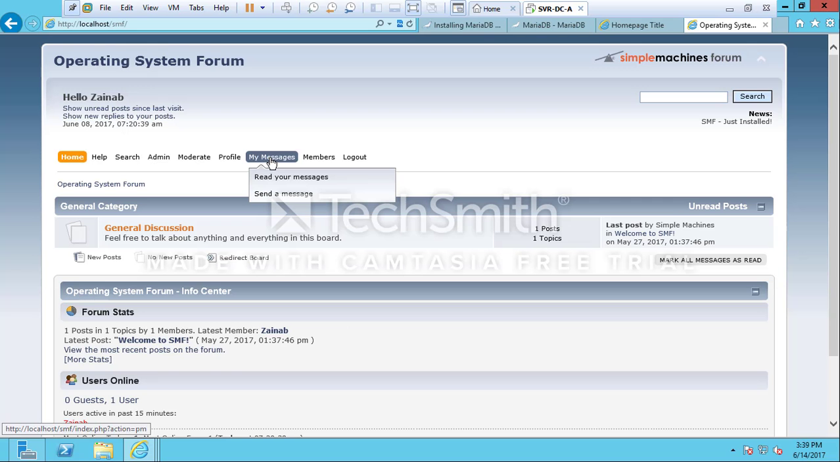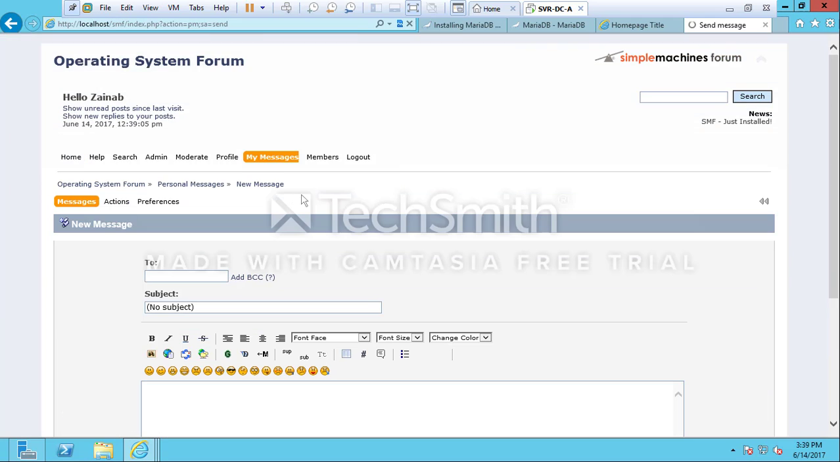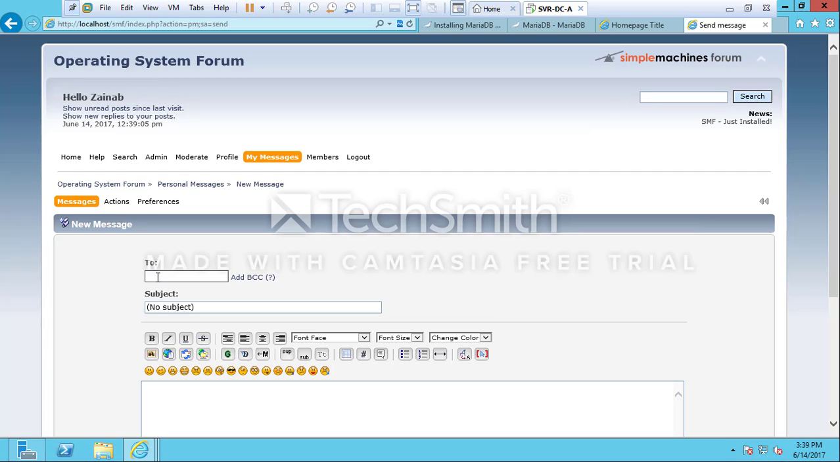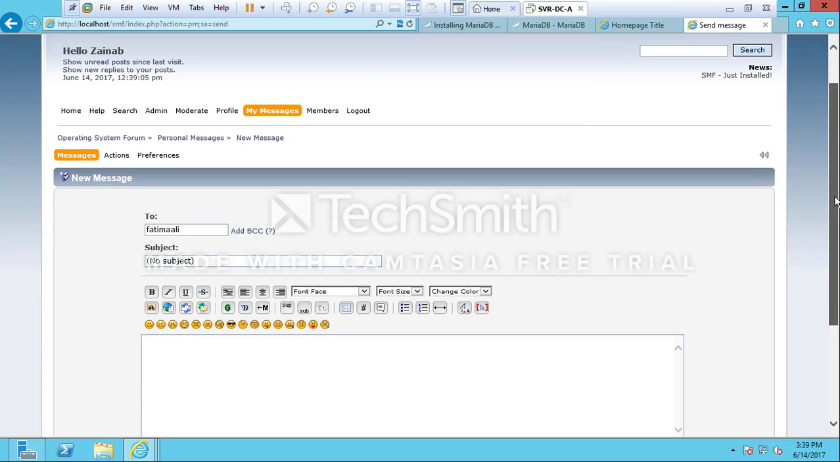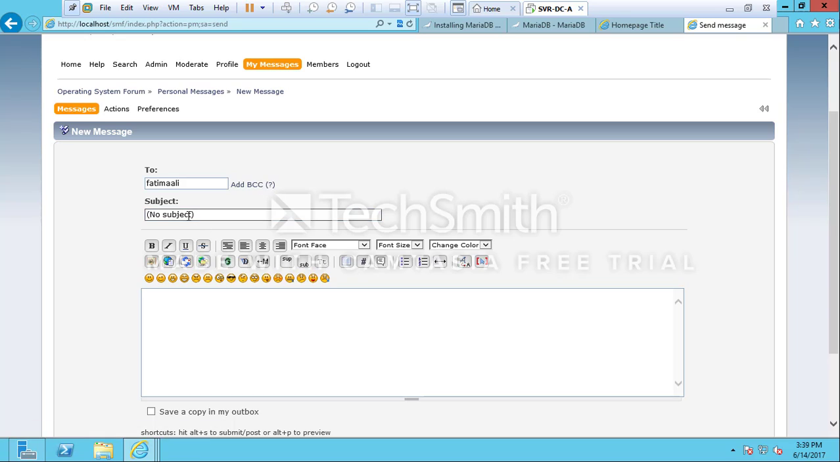Another feature is that the users can send messages to each other and read the messages. Here write the one you want to send a message to. Also, you can add a BCC, subject, new message. You can save a copy in Outbox